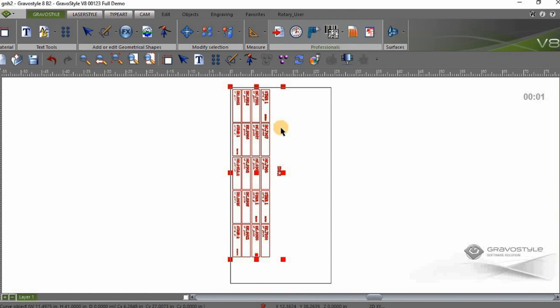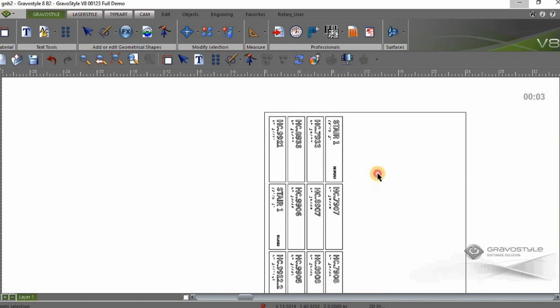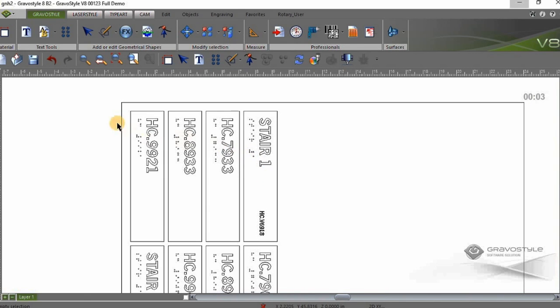But this is all one piece right now, and to work with it individually I need to ungroup it. So what I'm going to do is go up here to the ungroup curves feature, and I'll go ahead and click that, and it looks like we've got some extra stuff out here, so I'm going to get rid of that. And the first thing we need to do is let's see if we can group all the outer parts or the outer contours of each sign together. So I'm just going to select those by hitting the control key and doing a multi-select here, and we can grab all of those